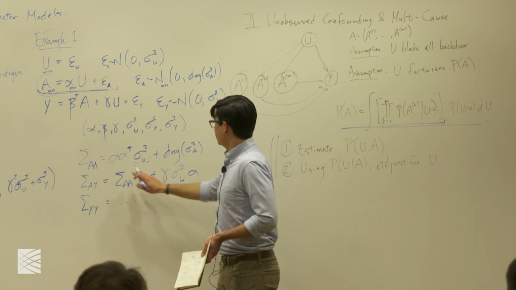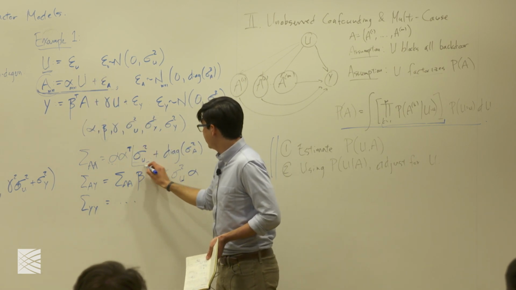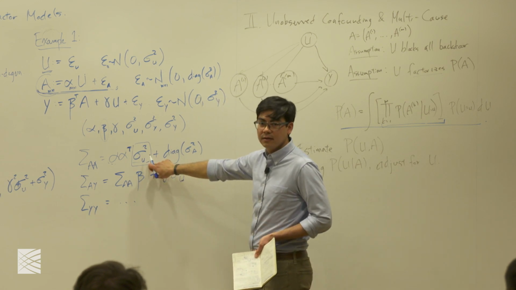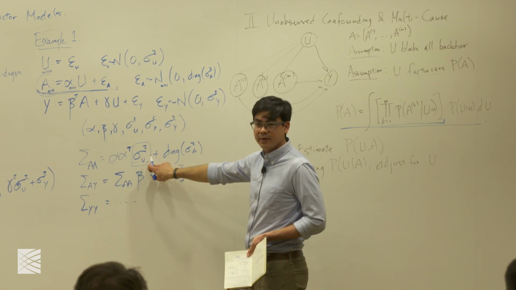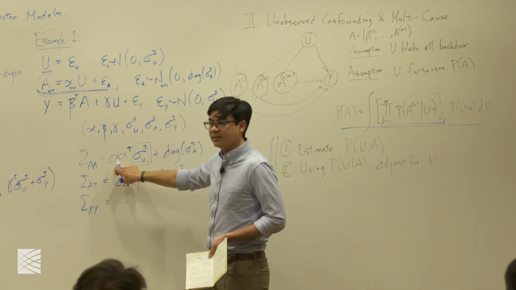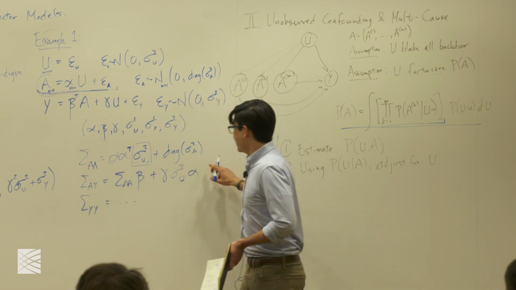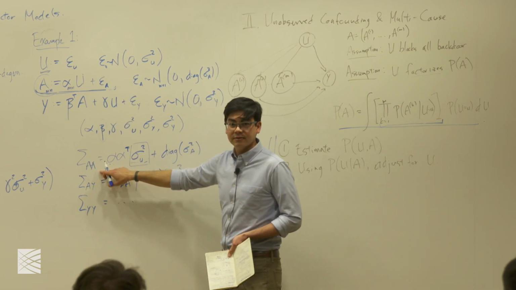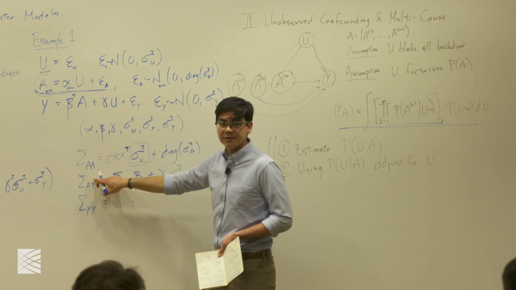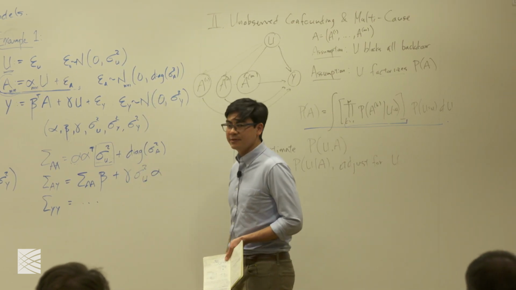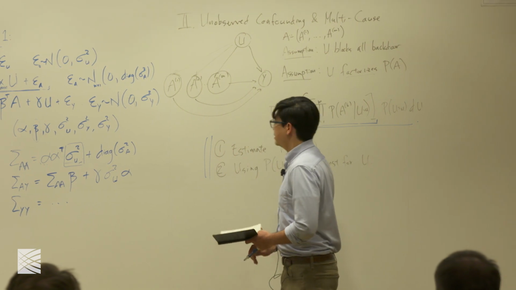What I mean is that you can take this sigma squared here, and you can divide it by any c squared. And you can multiply this vector alpha by that same c, and you'll end up with exactly the same distribution for this line here, or exactly the same observable for this line. You can propagate that change through all of these different variables, and you're going to end up with